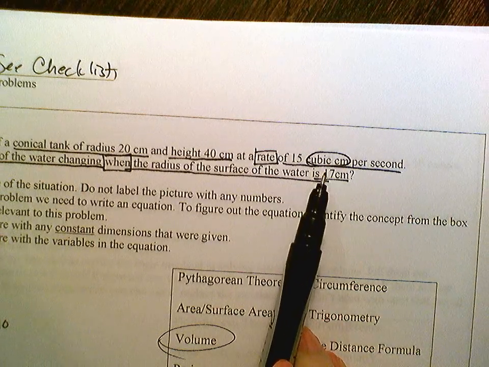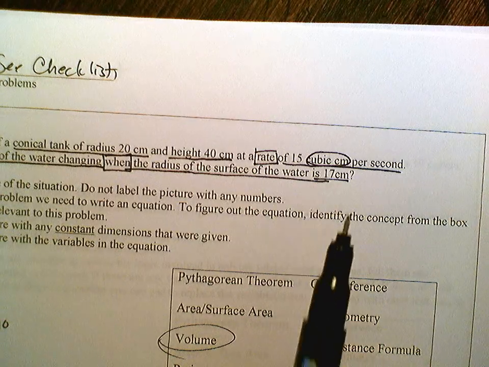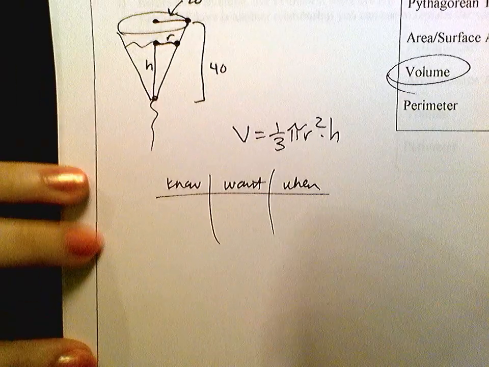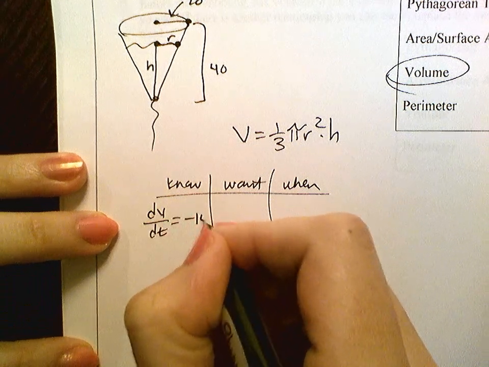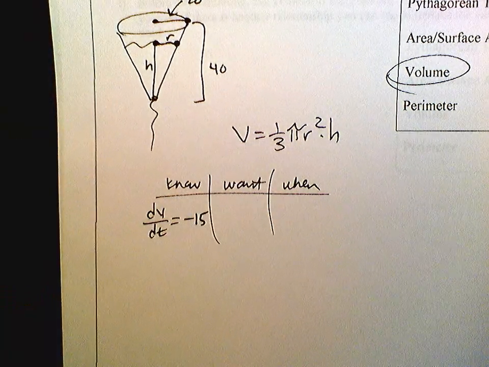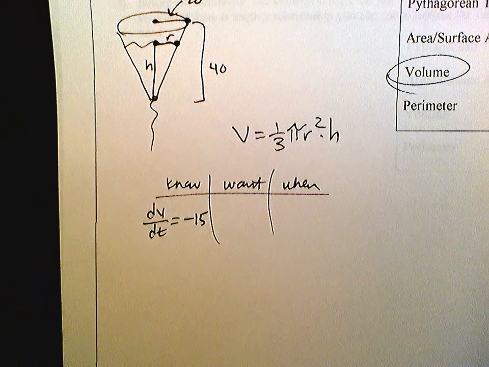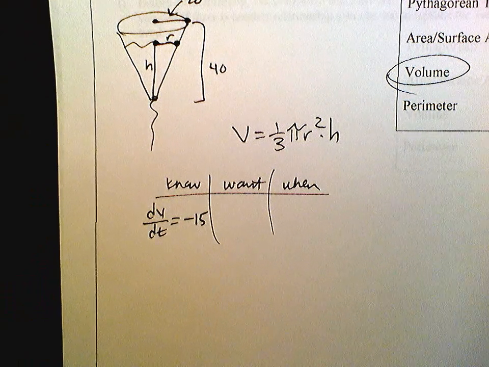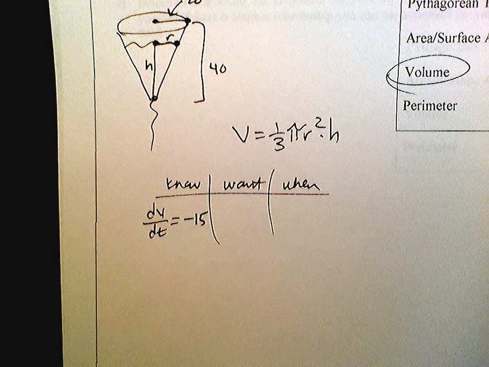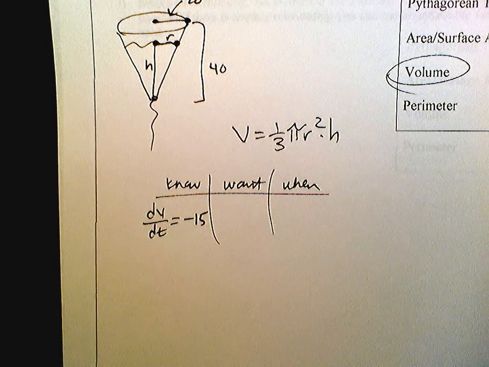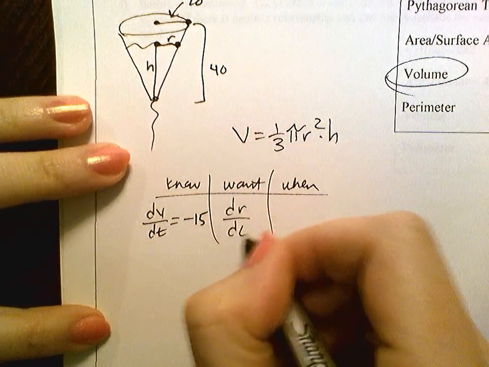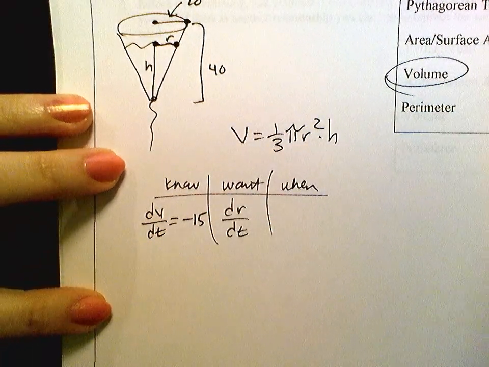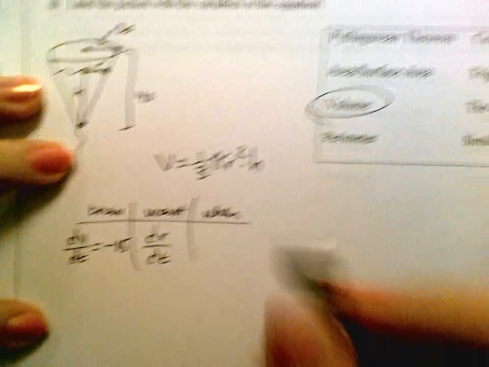Well, if you're not sure, look at the units. Cubic centimeters per second. Cubic centimeters, that's volume. So we know dV/dt equals negative 15. Careful in a word problem: they're not going to explicitly say negative. They'll say words that imply negative. We want how fast is the radius of the water changing. That was pretty clear. So we want dr/dt